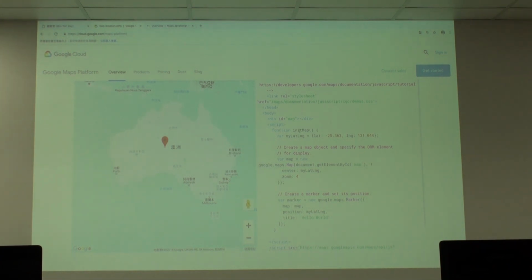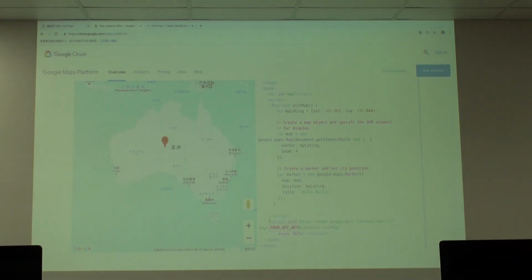The function is initMap, meaning initialize map. So you can declare a latitude and longitude by pointing to the positions you would like to focus on. So you can create a map object and specify the DOM element for display. Here, this is google.maps.Map. And why can you do this? Because you include the script source equals https